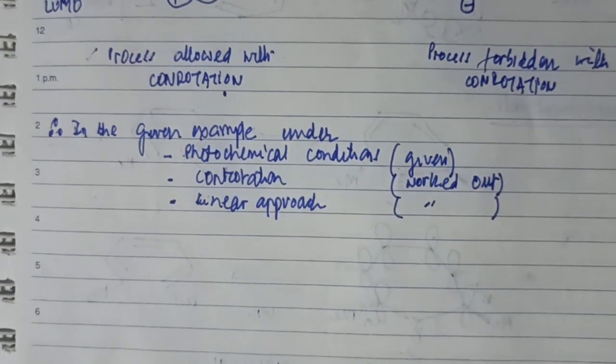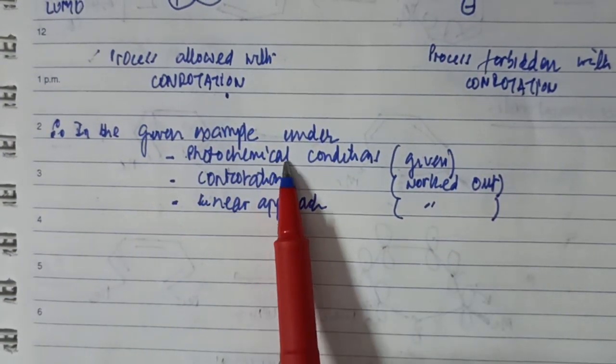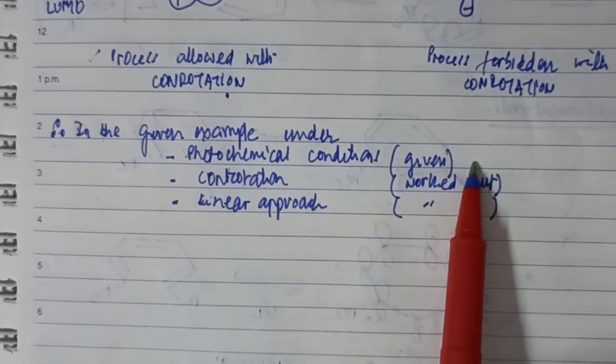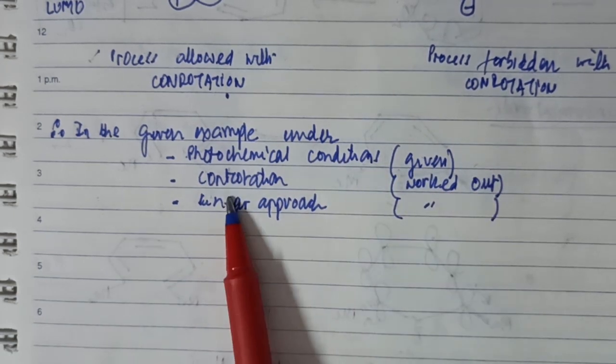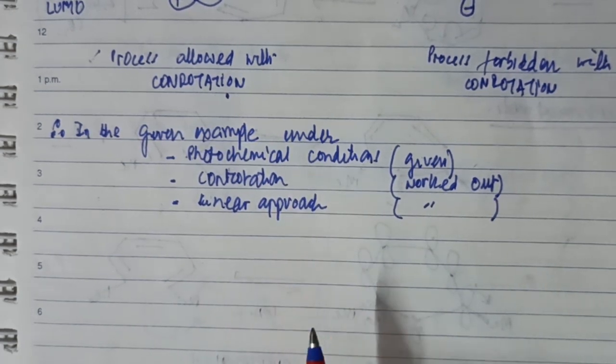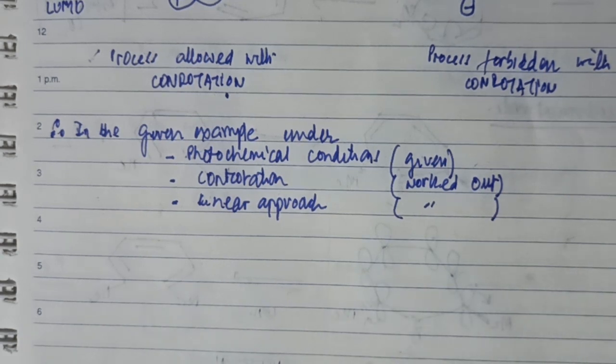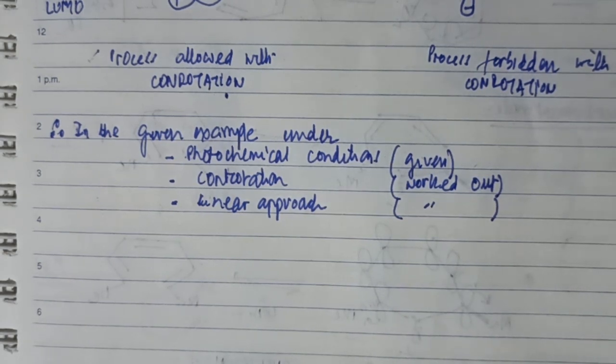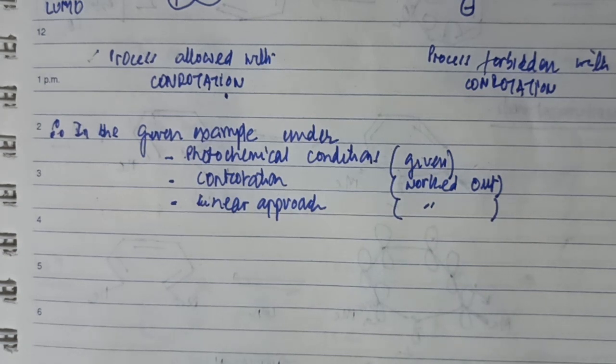Therefore in the given example, the reaction was given and it was proceeding in a photochemical manner. We have worked out that the process was conrotation, and with the help of the FMO approach we have worked out that a linear approach was involved in this particular reaction. So we have to work out which stereochemical mode can be provided. Out of these variables, at times we may not be provided with the reaction condition, at times we may not be provided with the stereochemical mode, and at times we may not be provided with the linear approach, but certain factors have to be provided in order to work out the other variables.